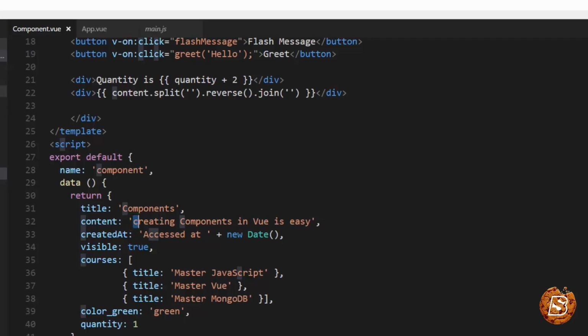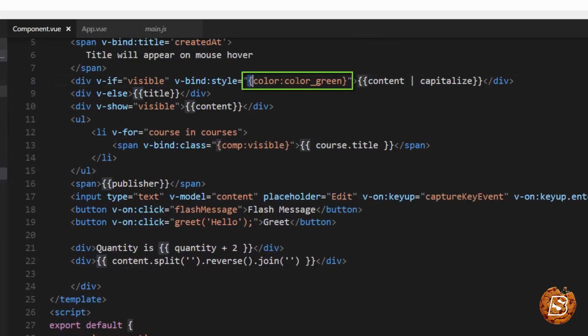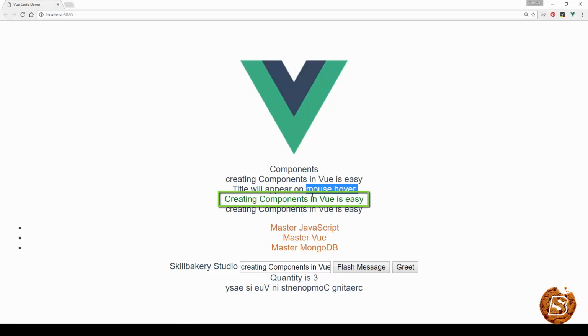and here we have this green color coming up, then content and the filter. So now when I run this, you can see the green one over here is the one which is having the filter applied. That's why the C is capital, but the other text, the same content, is being shown over here without the filter, and that is having lowercase. So this way we can make use of filters to apply text transformations on different contents that we make use